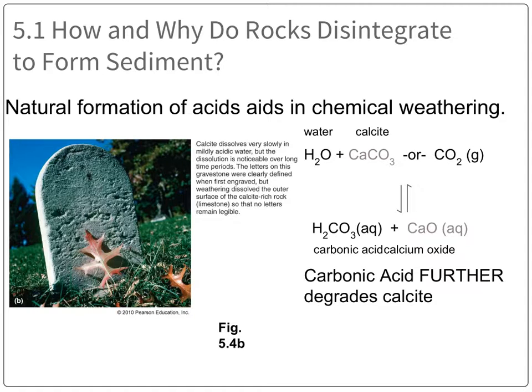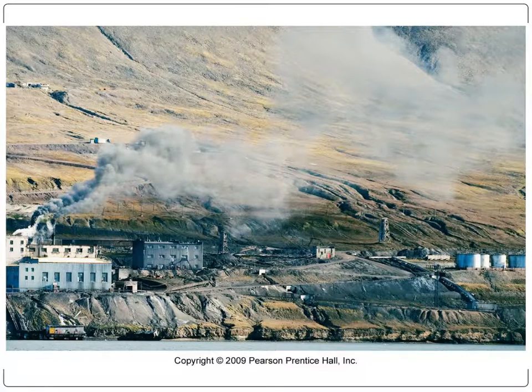And that will eventually percolate down through the soil column, as we'll talk about later, either Tuesday or later in the course. And then that acidic material can leach materials out of the soil, but it also can break down certain kinds of bedrock, especially things that have calcite or related minerals. Of course,